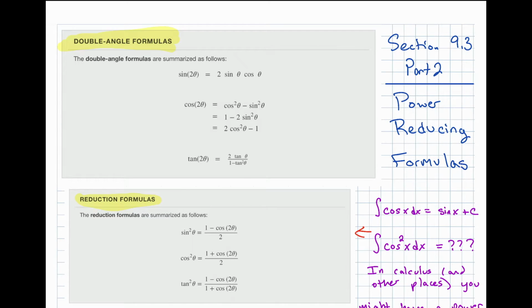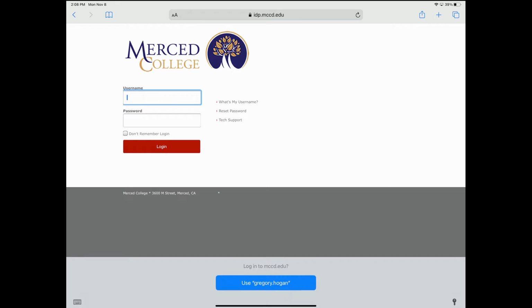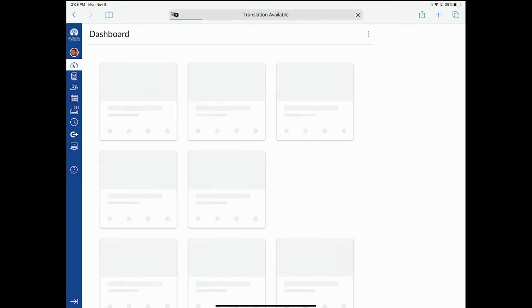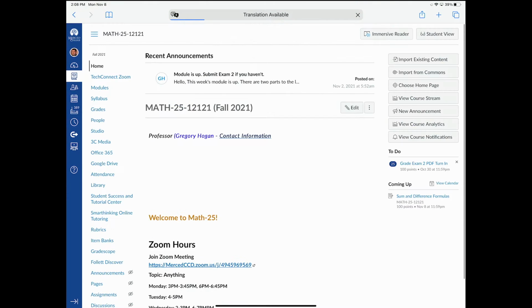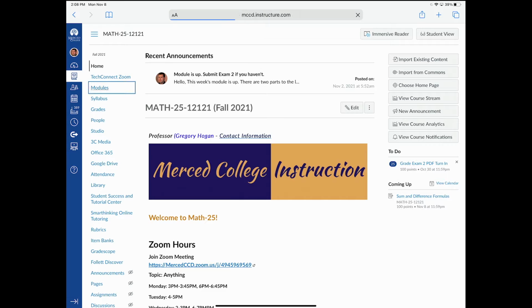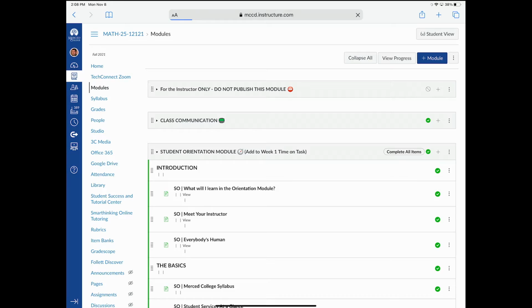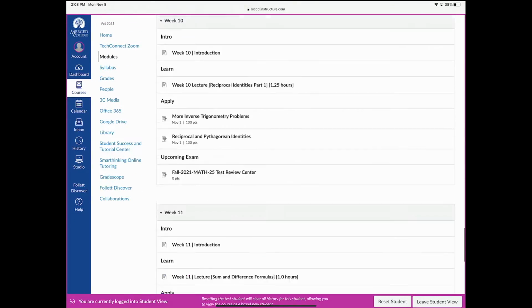If you don't, you should get a copy of them from the handouts page on Canvas, which I'll just show you right now. So let me just log in here. Let us pick our class once it shows up. Go to modules, hit student view because why not? And if you scroll down here,